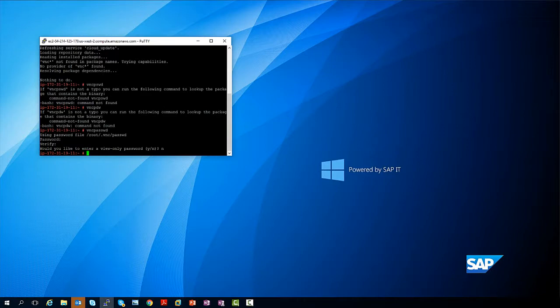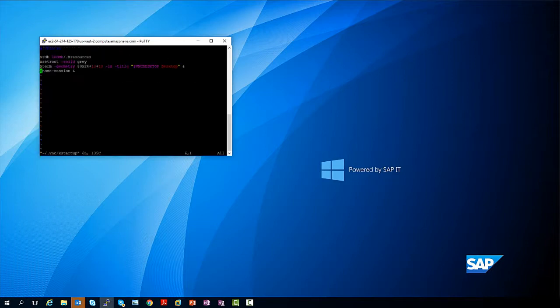All you have to do is type vi, which is the editor, and then the location of the configuration file, which is under root, in this case because I'm logged in as root, /root/.vnc,